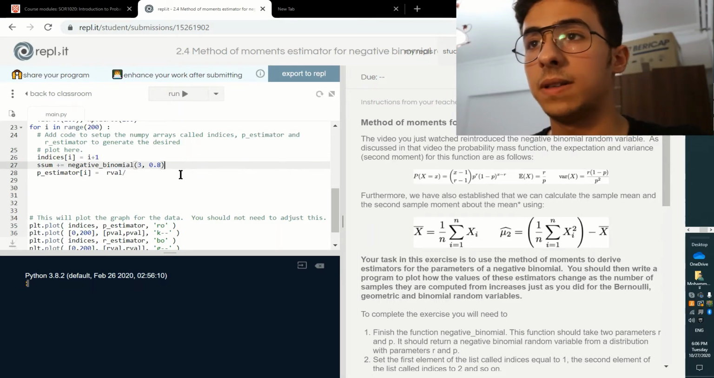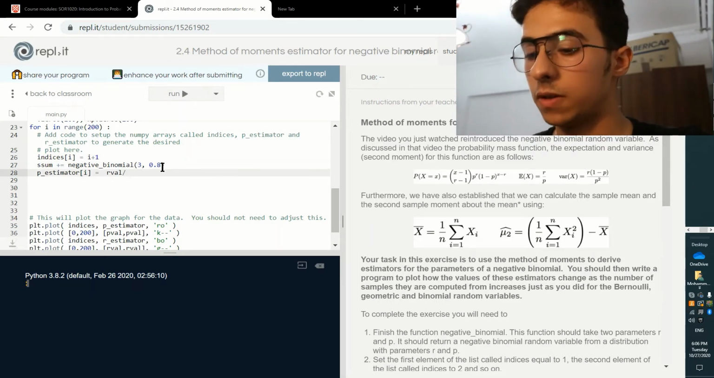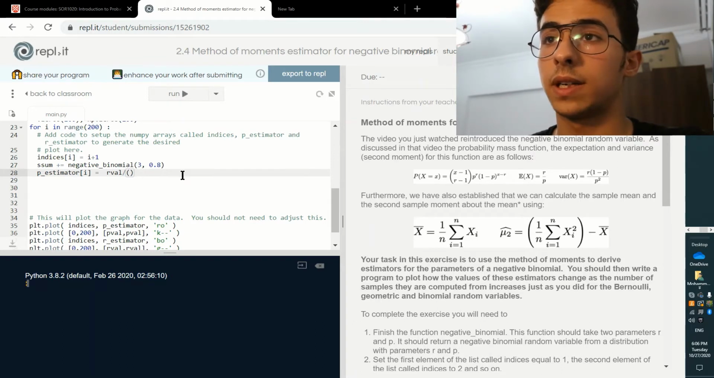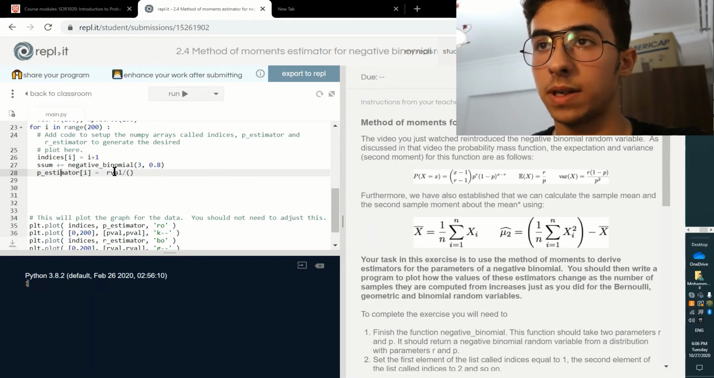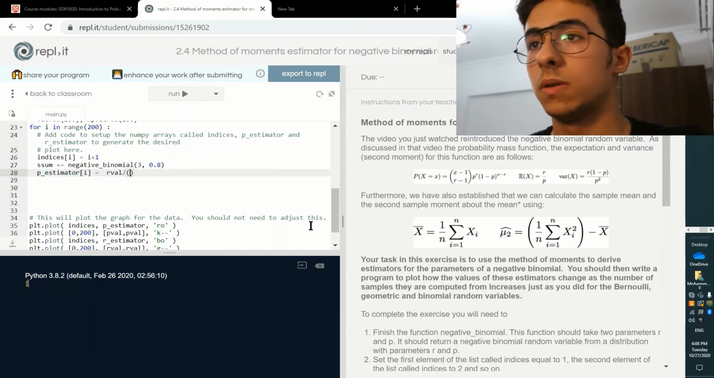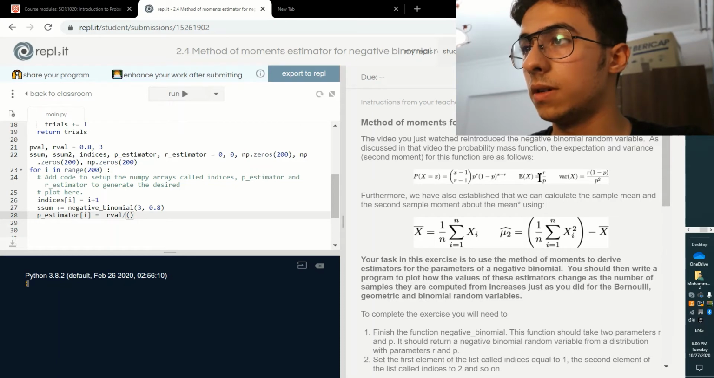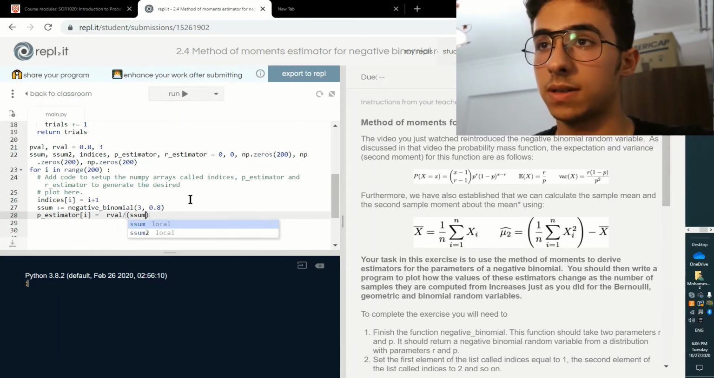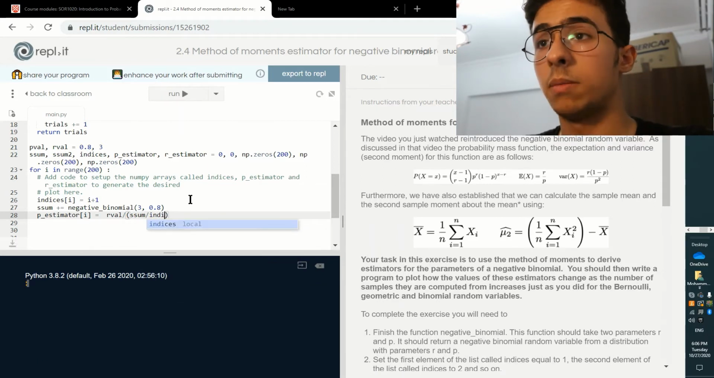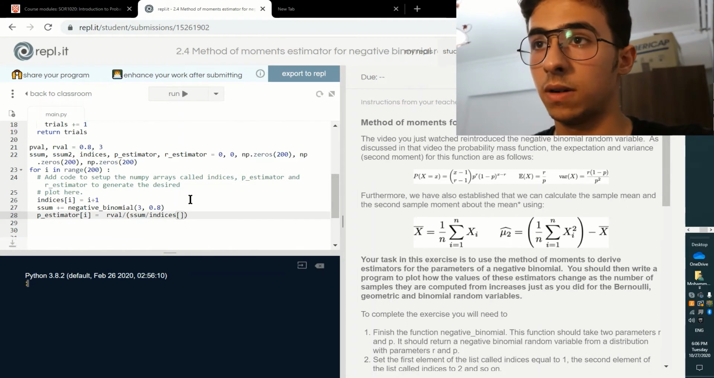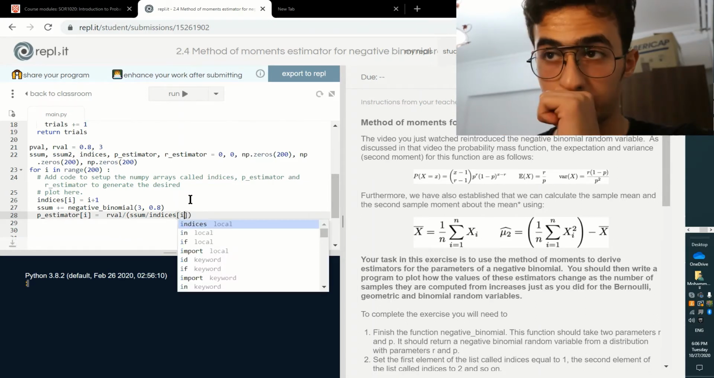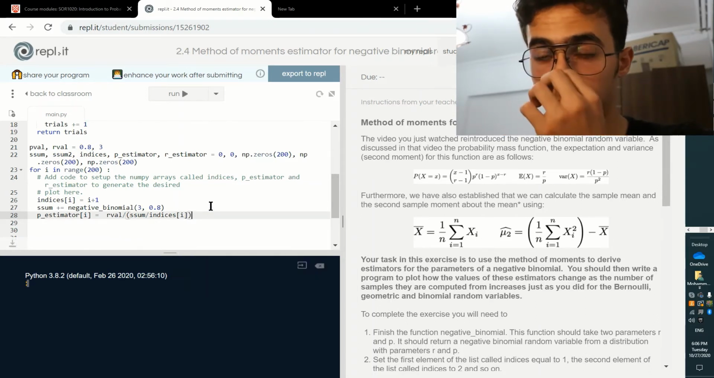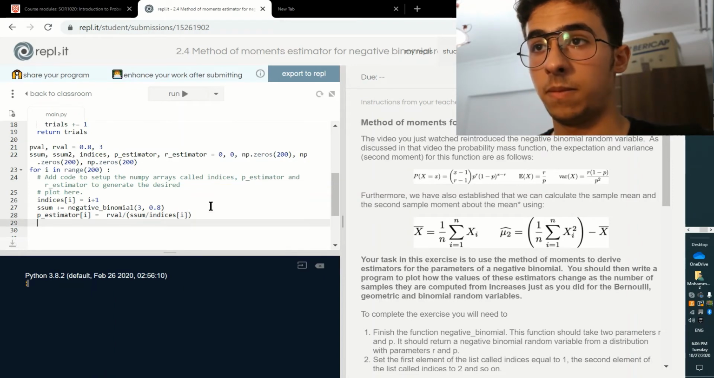Okay, so once we define the sum, what we need to do then is use the sum to calculate the definition to use in our p estimator list definition here. So going back to this equation, p is equal to r over the expectation, and the expectation is the sum that we have so far of negative binomials over the number of negative binomials that we have so far, which is indices I. Now using this,